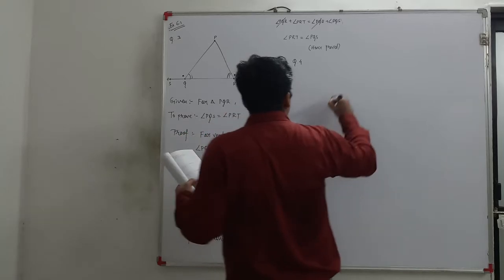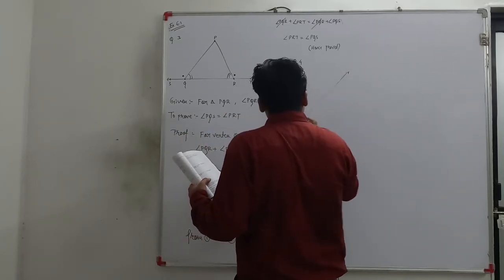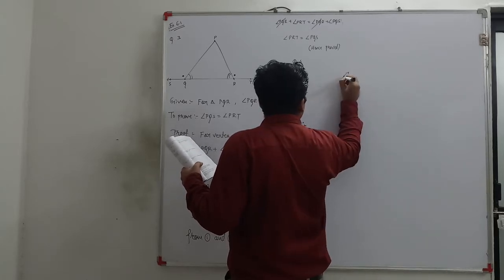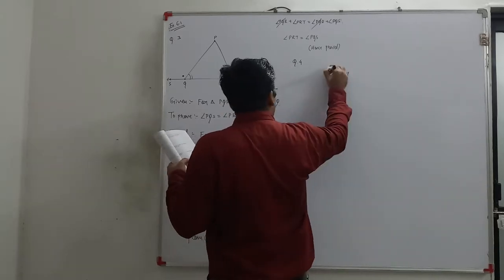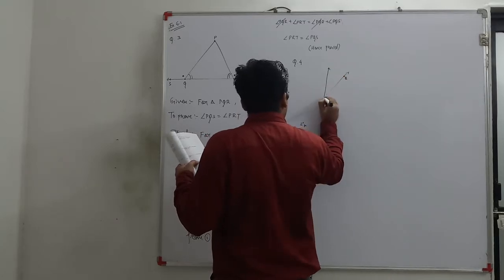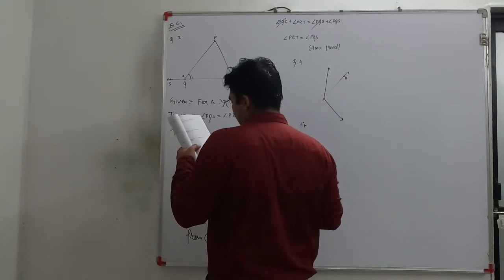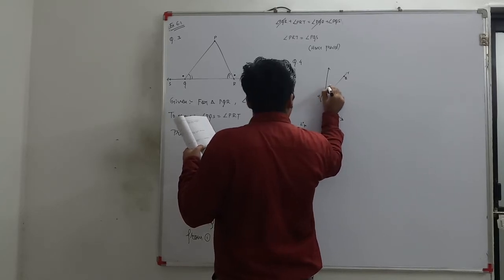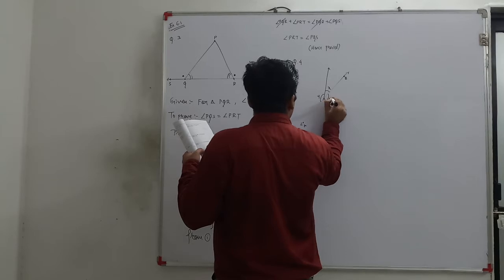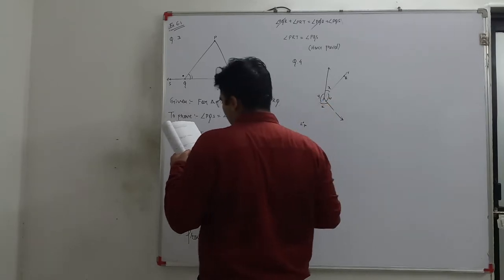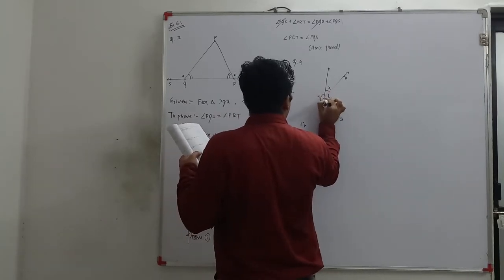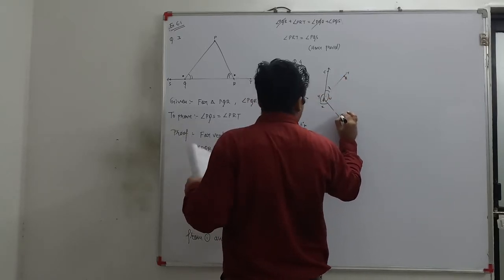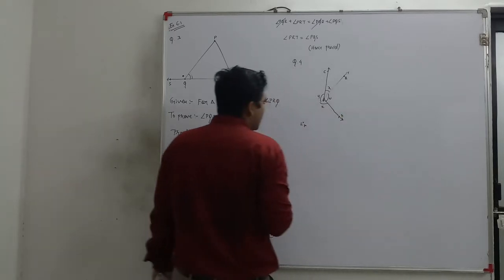In this question, here is a line AB in which we have two rays like this. First, this one is angle Y, this one X, this one W, and this one Z. And this is the point O where the two lines form, here C, and here you can see B.